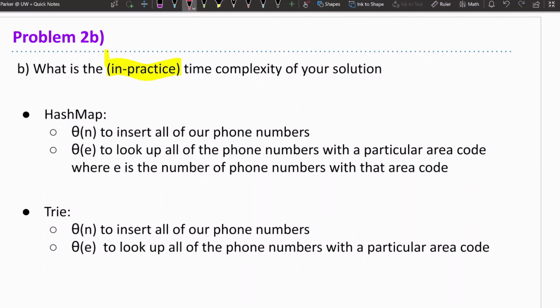For both as well, it takes big theta of e to look up all of our phone numbers with a particular area code, where e is the number of phone numbers with that area code, right? We're performing e constant time lookups. One thing I would like to note, however, is that the constants may be a little bit different during our constant time lookups. In order to insert a single phone number inside of our trie,